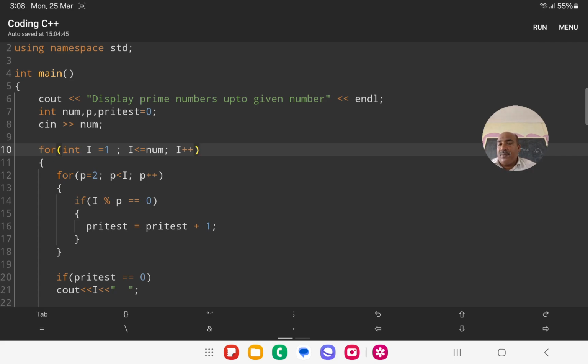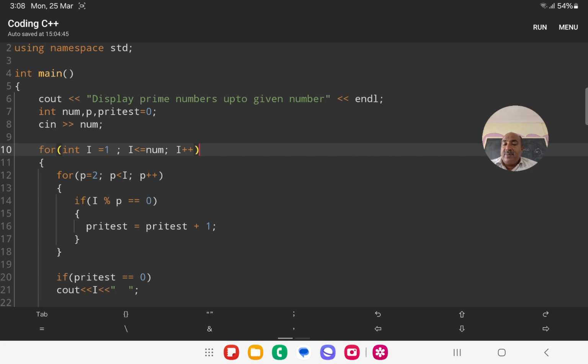This is another for loop; the for loop contains another for loop. If i mod p equals 0, that means percentage, which we call mod in C++, is the remainder. So if i is 5, 5 mod 2 equals 0 or not? 5 divided by 2 gives remainder 1.